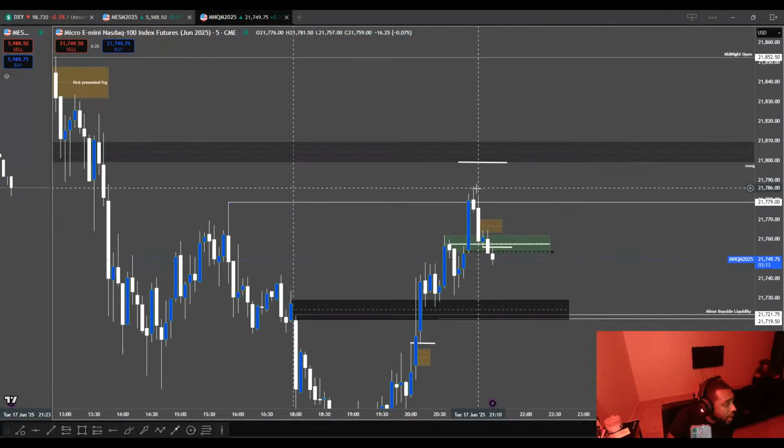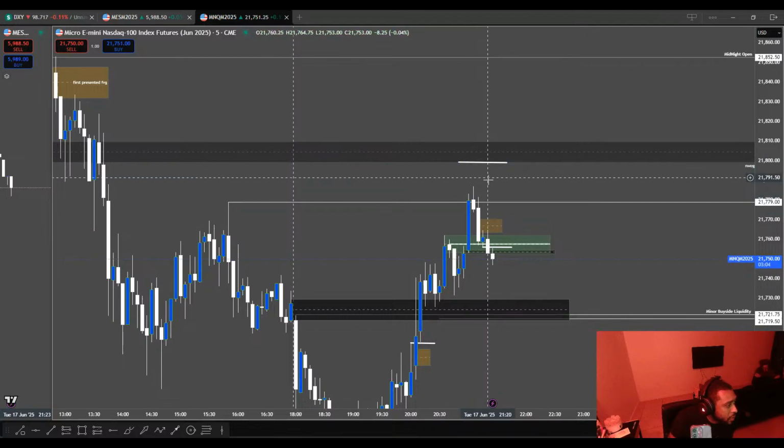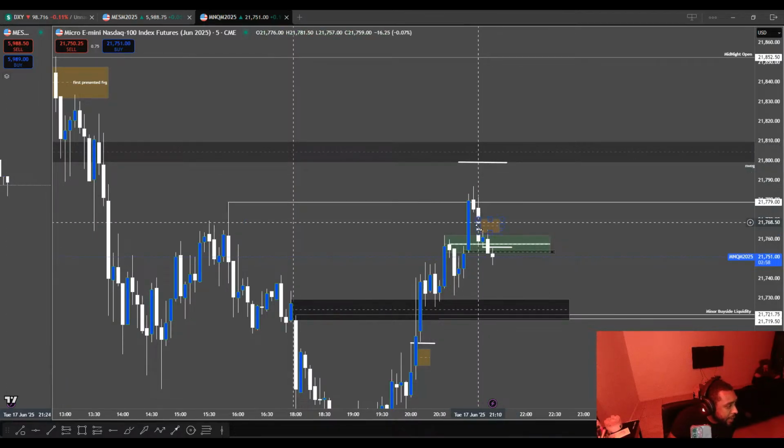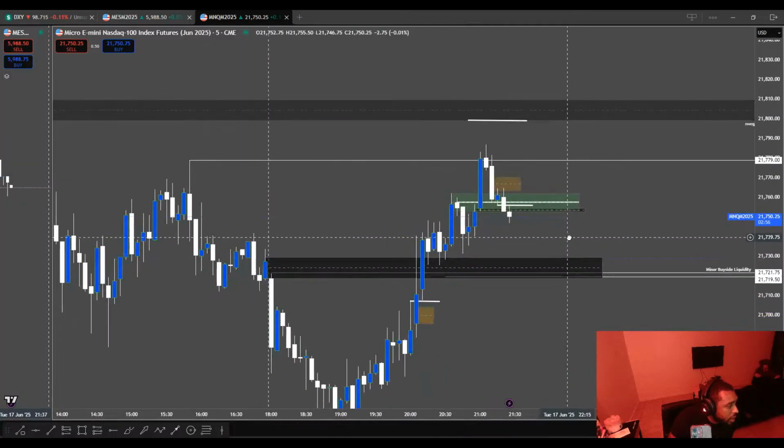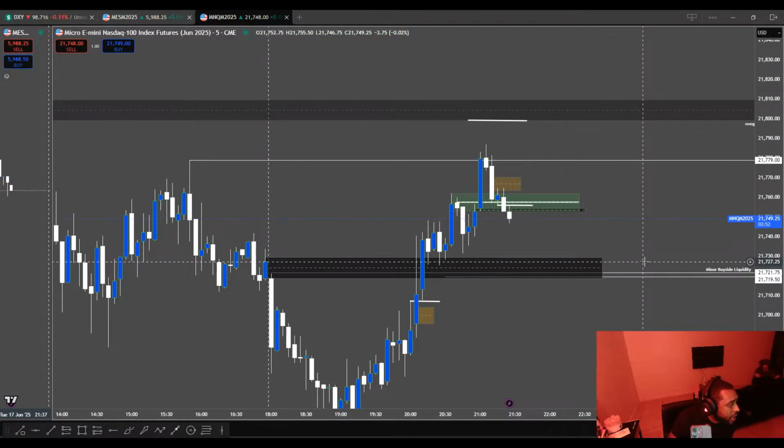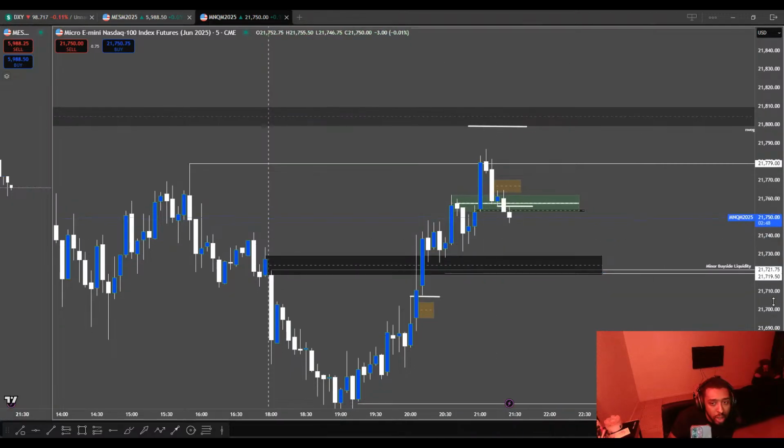We swept this high, right? Look what happened. We got a lack of displacement. We swept the high, and you see, this was the potential draw. But it closed and gave no willingness that it wanted to go to this zone right here. It swept the high, came back into the range. So until we sweep this low right here, this is when we create an actual market structure shift to the downside. You see on the 1 minute,